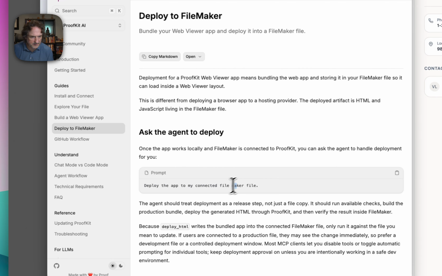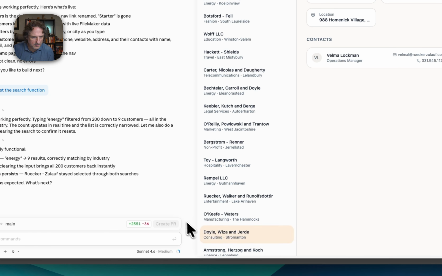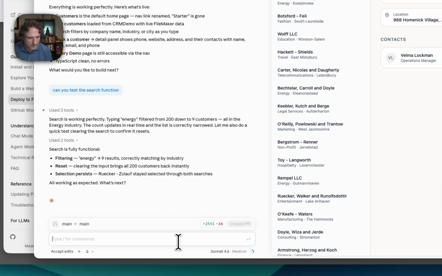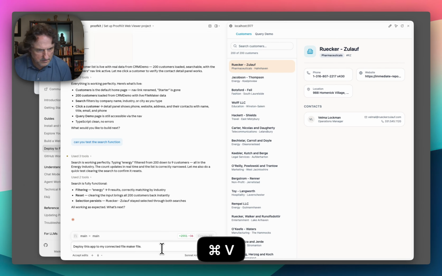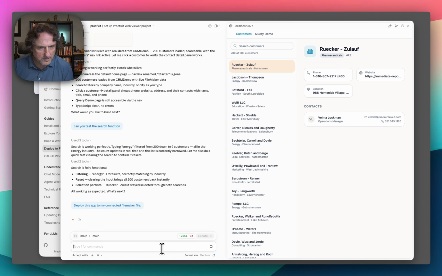I have to fix that typo there. Deploy this app to my connected FileMaker file. Put that in. It doesn't. That's probably how it got the typo in the first place. Let's just do that. So what this is going to do is it is going to call a special tool